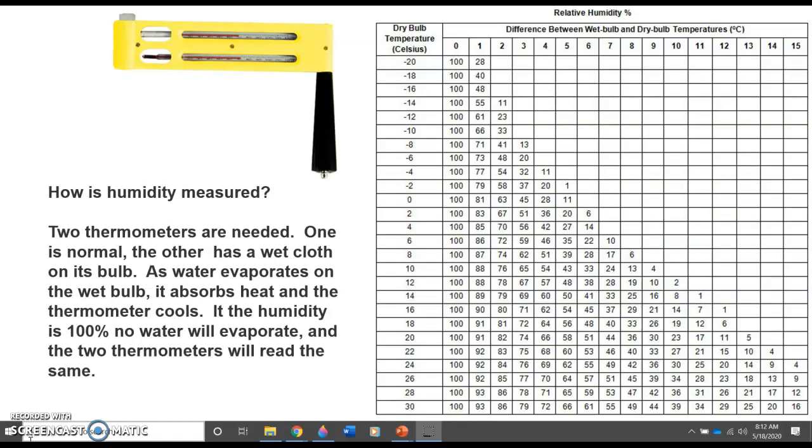How do we measure humidity? Well, it's a little bit more complex, but if you think of it this way, it's not too tough. And we're going to be doing this tomorrow. We'll do a lab. And so humidity, to measure it, what basically you need is two thermometers. One thermometer is just a normal thermometer. The other one's got a little cloth on it that's wet. And as you know, if you're wet, let's say you were swimming and you come out of the water, it feels cool right when you get out of the water. That's because the